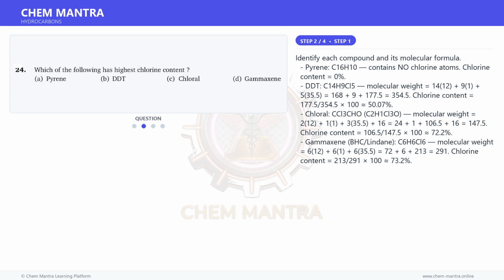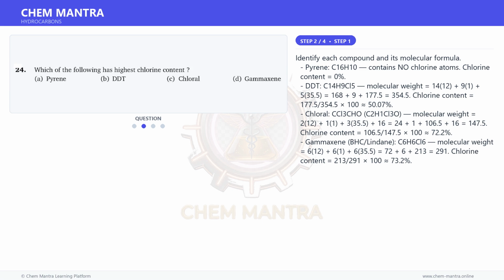C14H9Cl5, molecular weight is equal to 14 times 12, plus 9 times 1, plus 5 times 35.5, is equal to 168 plus 9 plus 177.5 is equal to 354.5. Chlorine content is equal to 177.5 over 354.5 times 100, which is 50.07%. Chloral, CCl3CHO,